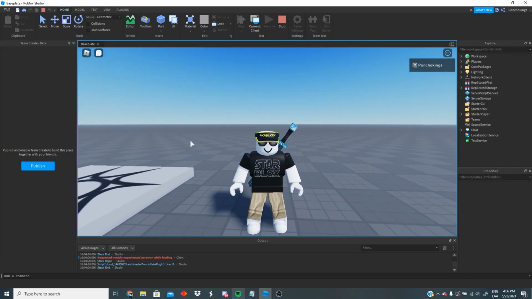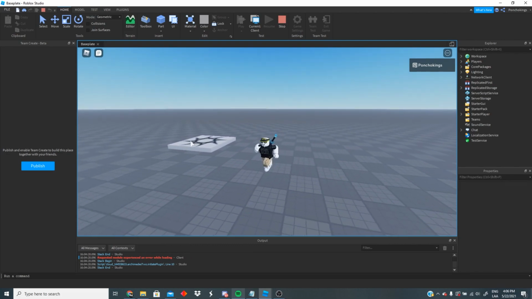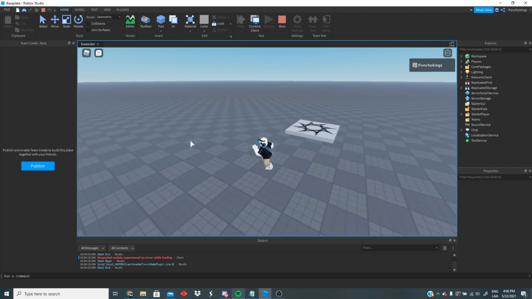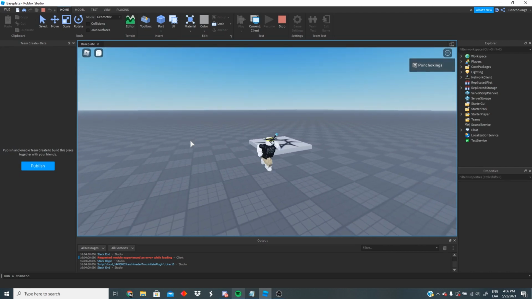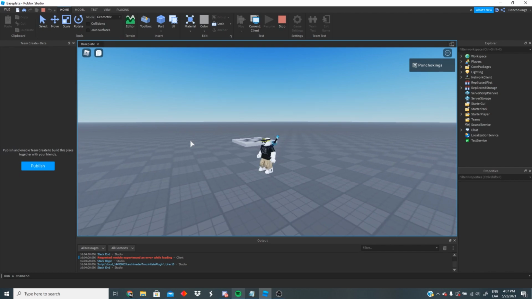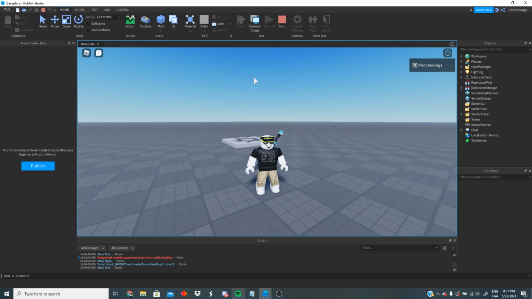Today I'm gonna be showing you guys how to create your very own Gamepass shop from beginning to end. I'm gonna show you guys how to create the objects that we are gonna give to the character. I'm gonna show you how to create the Gamepass in the Roblox side, and we are gonna go through all